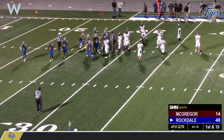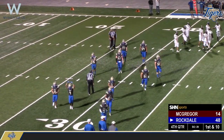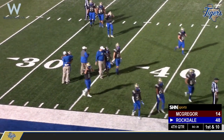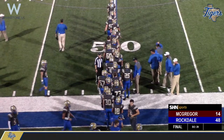Tigers with a great showing here after struggling last week. They come up with a big showing here and put it together really well as they take this final snap and kneel it down. Final 20 seconds running off the clock. 48-14, the Rockdale Tigers